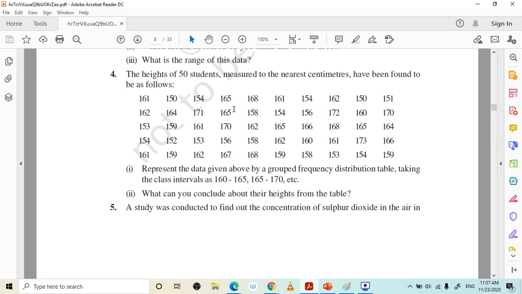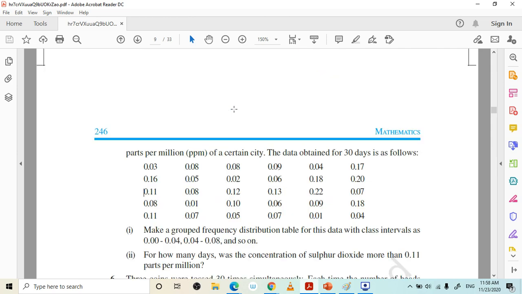Shortest height, sorry, tallest height, that is also one kind of conclusion. So in the conclusion part you have to use your common sense. That is your creativity, what to write. Different kinds of conclusions can be there. Okay, is it clear? Now we'll go towards the fifth question, and that you can see here.